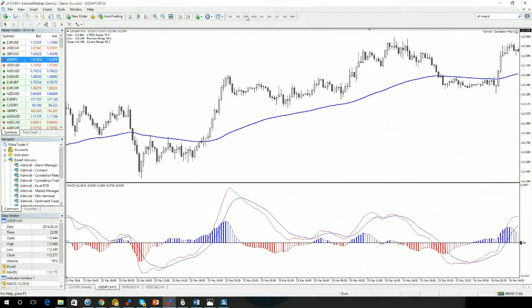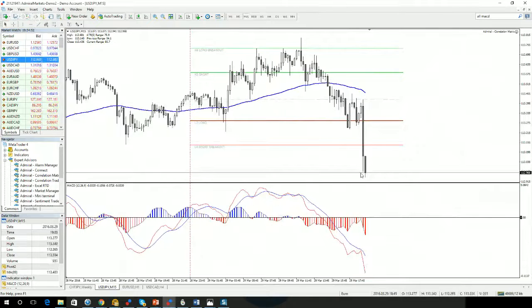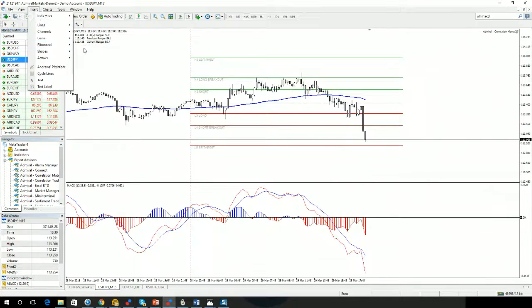I would go to 15 minutes. And here I would try to spot an entry. What I would do is wait for a retracement candle. We don't have any retracement now. We need to wait for start of retracement, then put Fibonacci and see if 15-minute time frame will be still